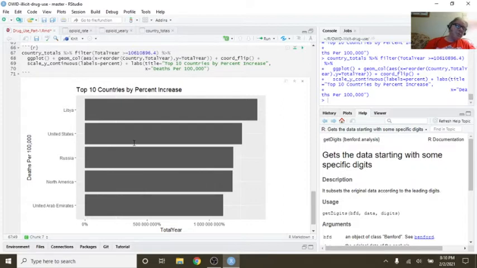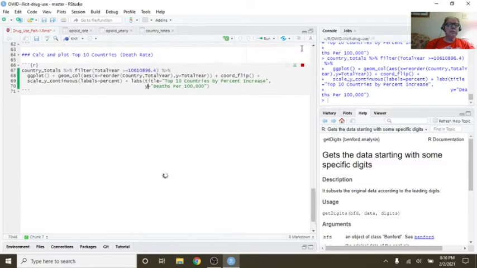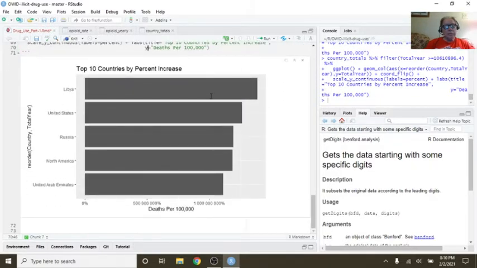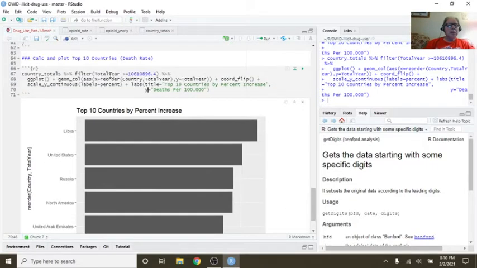Okay. That's not going to be right. Deaths per 100,000. Let's get rid of this stuff here. Let's just replace this with comma.